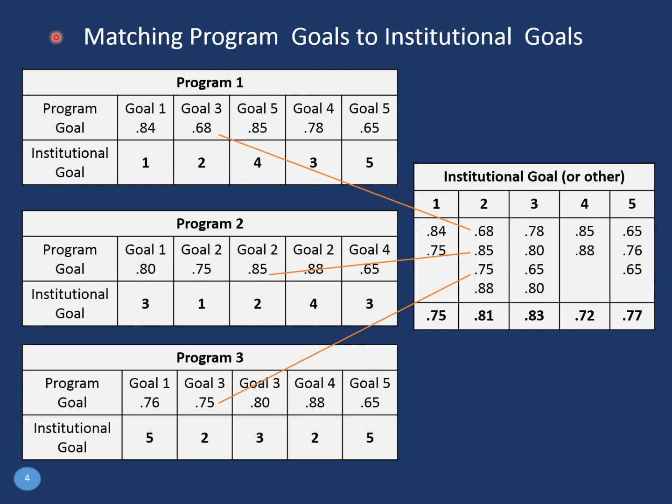And we're using the same numbers here just for convenience, but you can see it's the same idea. Those program goal values that were calculated in the last tables can then be moved into the institutional level. And in this case, all of those values coming out of the program are worded syntactically, semantically, they're saying the same thing as that institutional goal 2.